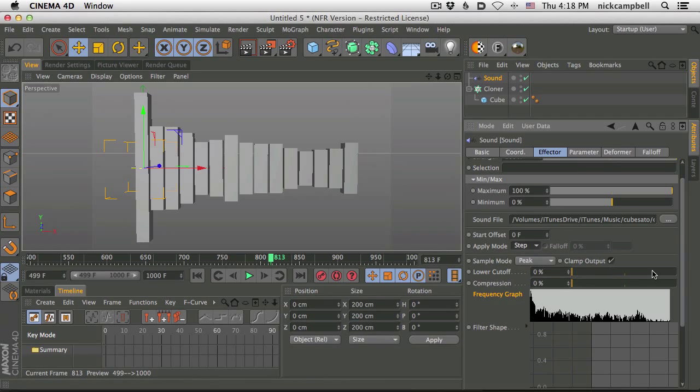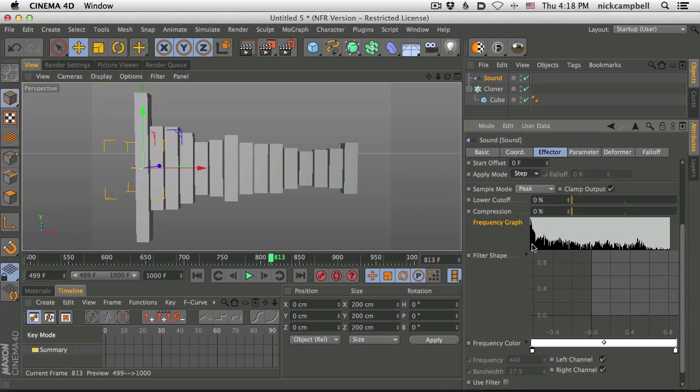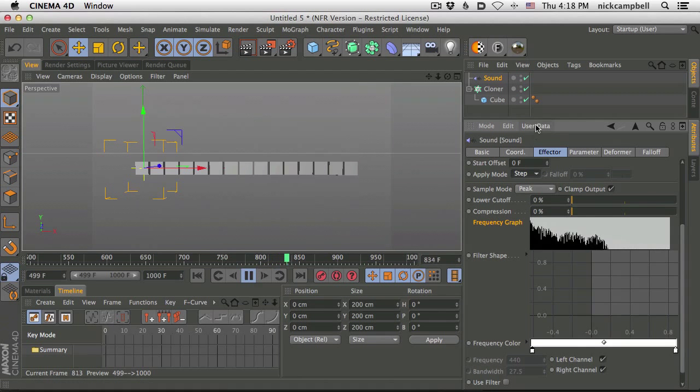Just so we're clear, you guys probably know this, but this down here represents the bass and the lower frequency of the audio, and this up here represents the higher frequency: the hi-hats and the cymbals. The snares are more in the middle. So that is what is being represented by these clones. The kick drum goes off, you get more activity down here, and the hi-hat goes off, you get more activity up here. So let's watch that for a second.